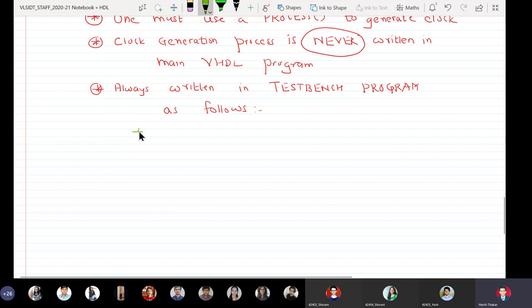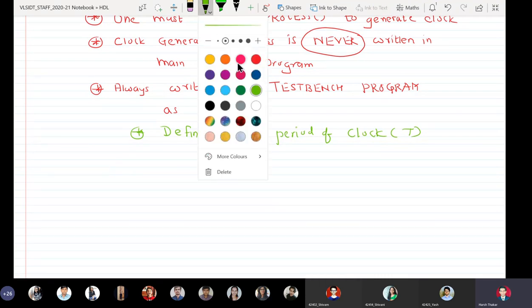The first thing we have to do is define the time period of clock, T. How do you define it? This is how you define it.